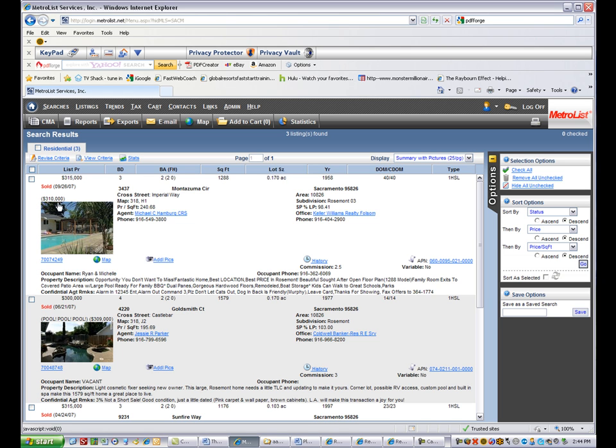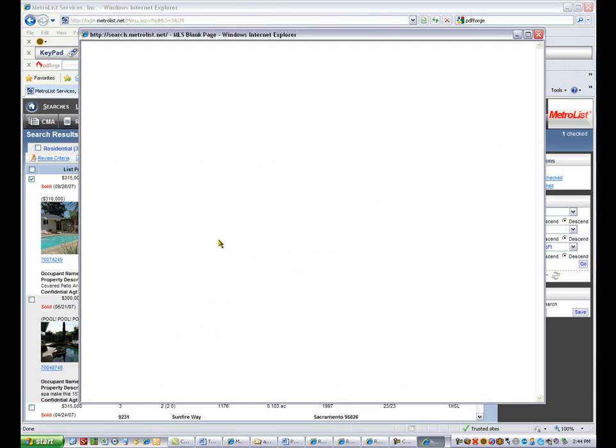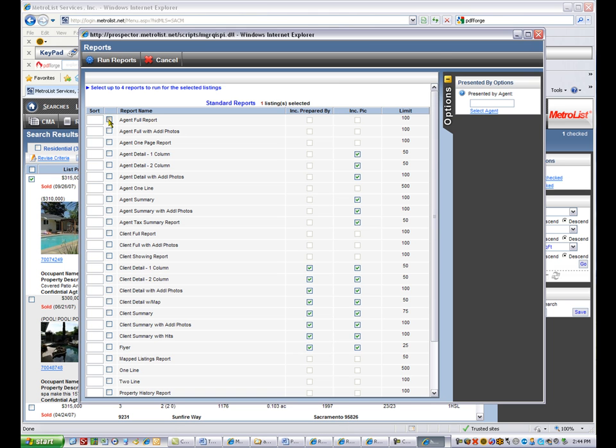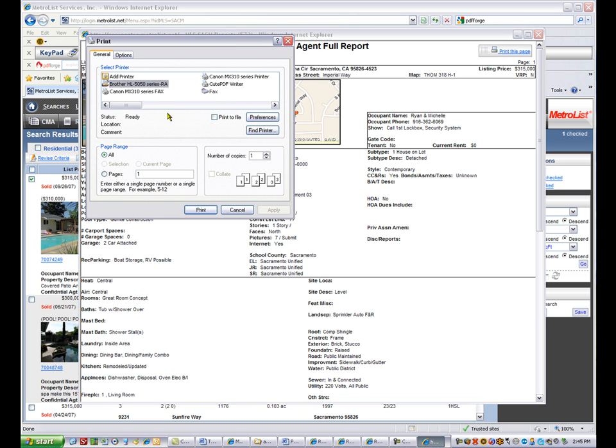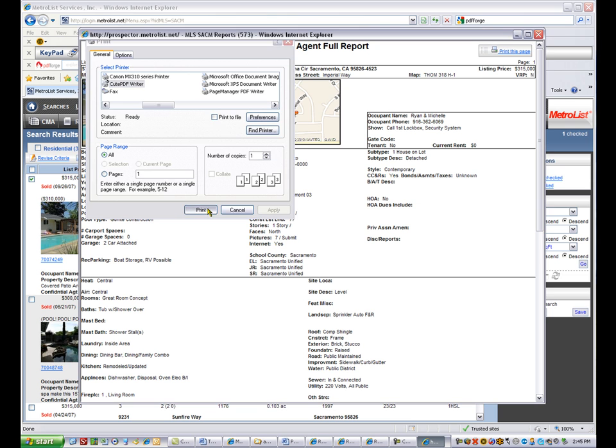Okay, so let's print our MLS. This is Comp 1. So we're going to print the full report. And then we go to print, and instead of printing it to paper, we print to Qt PDF. So you can right click and set it as the default printer. It's very easy to set it back, and this way you don't have to search and find it every time. So let's go ahead and print,